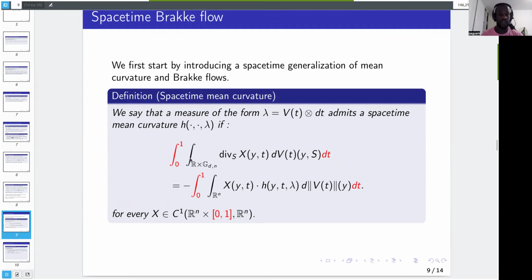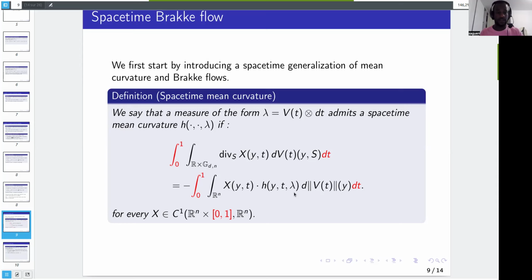So instead of having the divergence of X, so the change of mass, equal to something times the mean curvature, we have the derivative of the mass integrated in time equal to something integrated. So this mean curvature can be understood as an integral of the mean curvature with respect to time. You don't take the mean curvature at a fixed time, but you take it for the whole time. These technical things allow us to generalize what Brakke does in the case of rectifiable flows.